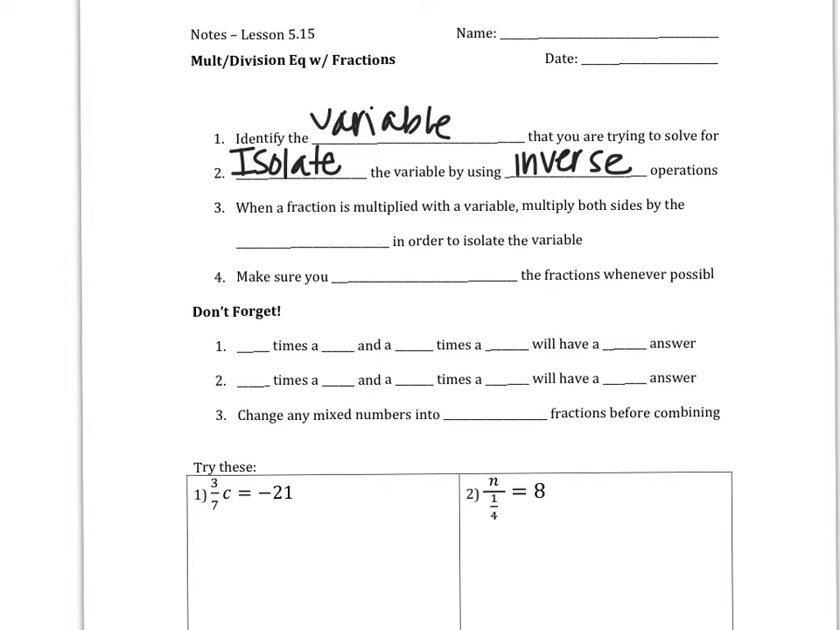When a fraction is multiplied with a variable, multiply both sides by the reciprocal. And this is really important. If you multiply a fraction by its reciprocal, it becomes 1, which is what you want in order to isolate the variable. And then, of course, make sure you simplify the fraction